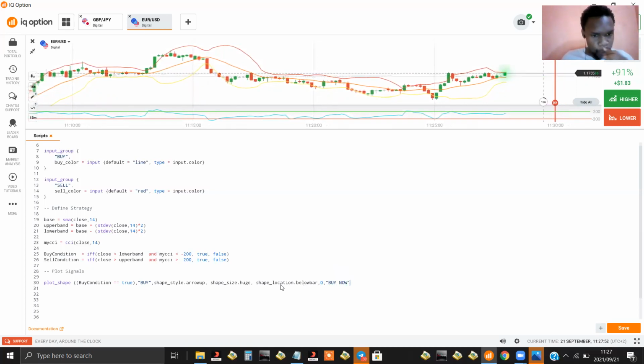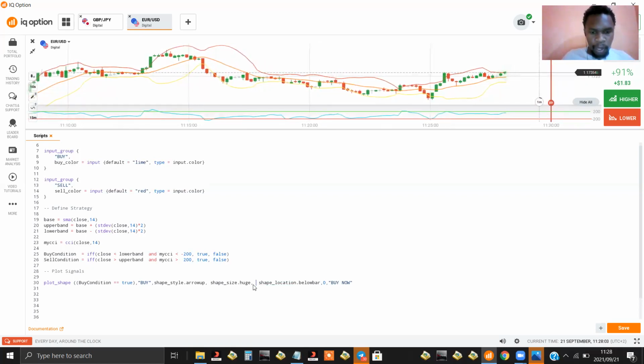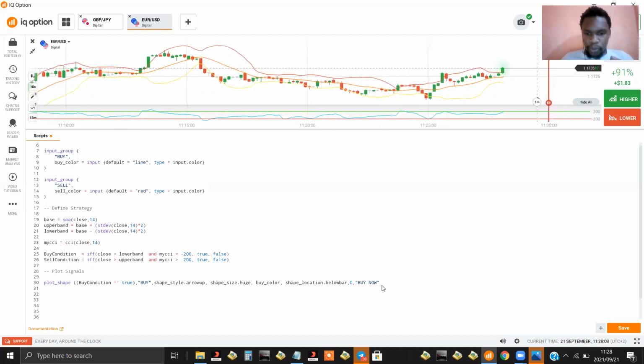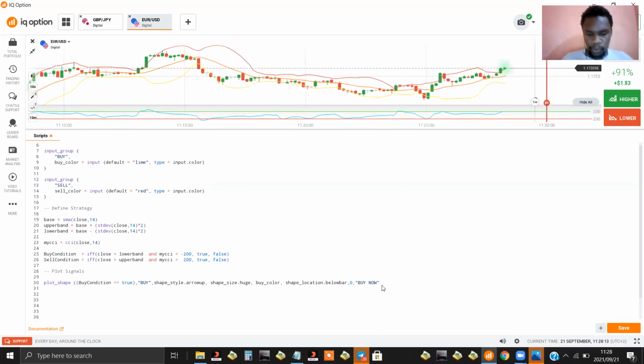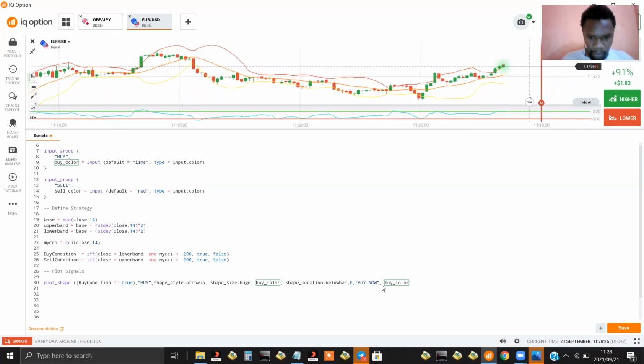Okay, I forgot to add the shape color. The shape color should be here. So I'm going to use the buy color, right? And then also for the text, I wanted to have the same color as the shape color. So for the text, I'm also going to use the buy color. So if the text is green and the shape is green, it will be uniform, right? So I think that's pretty much it with